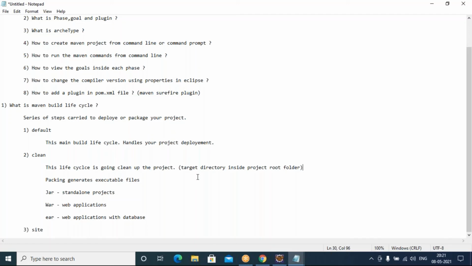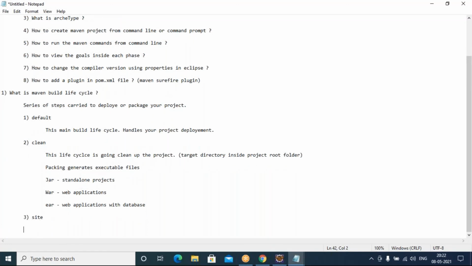Next, I want to do another build with some changes or new functionality. When I do that, I will give a new version of my project. At that time the old versions, the source code and all, should be cleaned up. It is done automatically by using this clean phase.